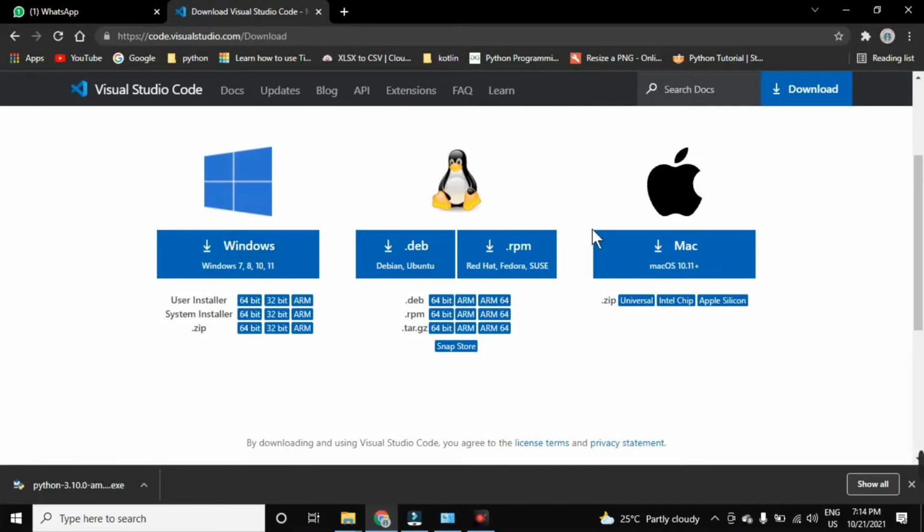There are mainly four types of options: Windows, Linux, Mac. Which one is your operating system? If you have Windows, you can opt for this one. If you have Linux, opt for this one. If Mac, opt for this one. You know your operating system better than me. It's your choice. Mine is Windows, so I am downloading for Windows. As soon as you click on it, one more